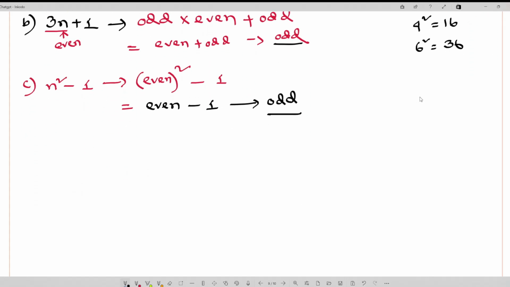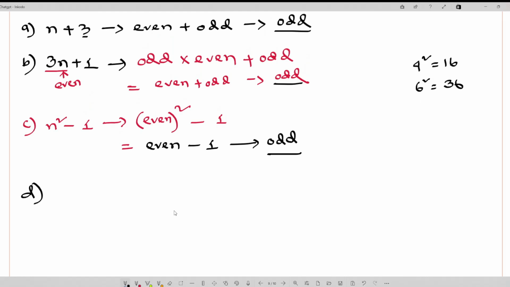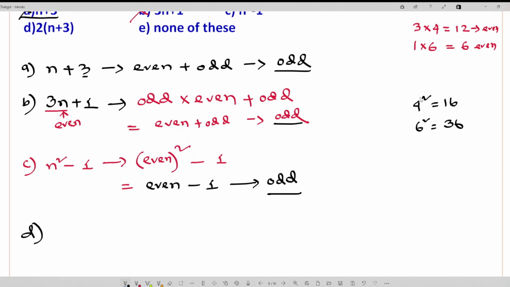Now option D. Here is 2 times n plus 3, right? 2 times n plus 3, it means 2 times, n plus 3 is an odd number, right? An odd number. So any odd number times 2